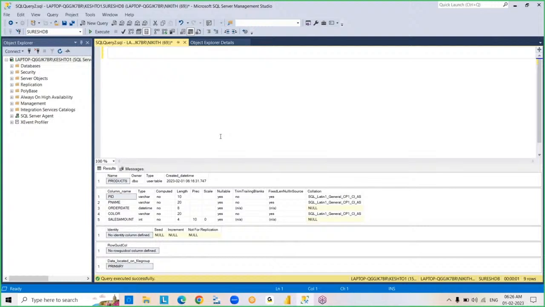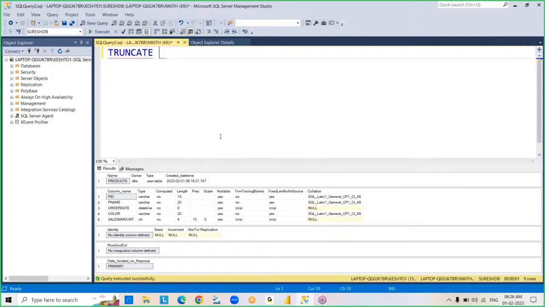You create a table in the beginning. After that, you add new columns to the table, drop a column, and change the data type of a column. So you performed different types of operations. Right, and so now